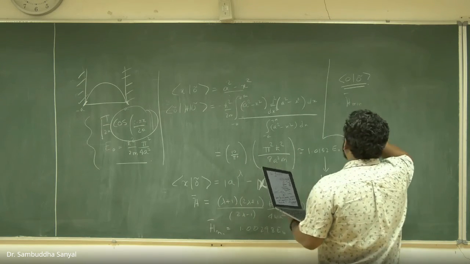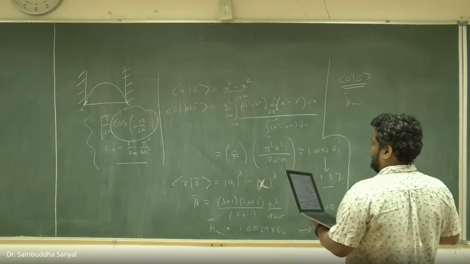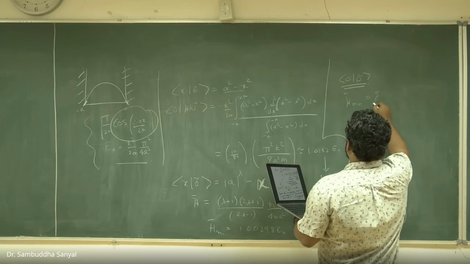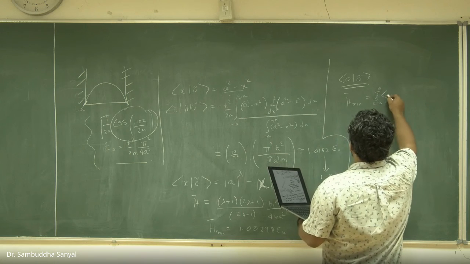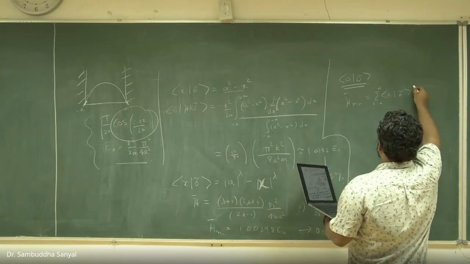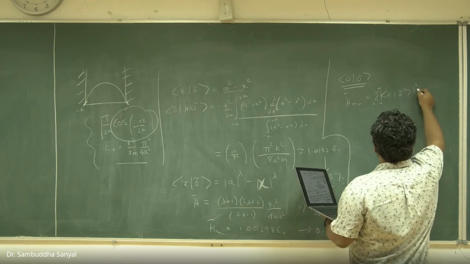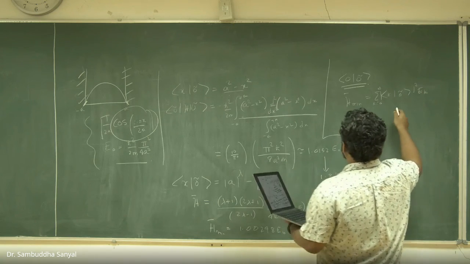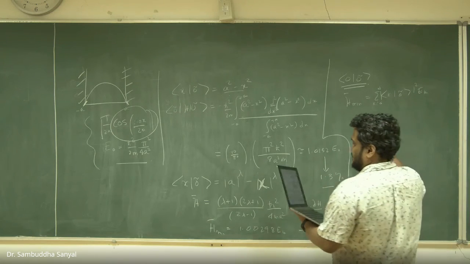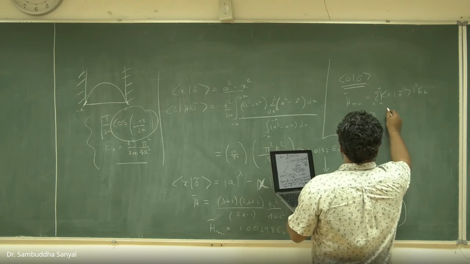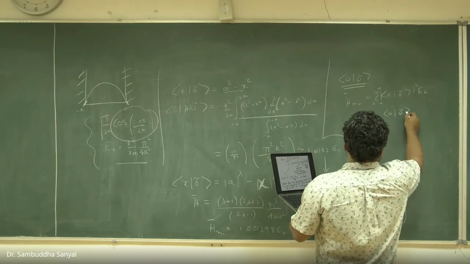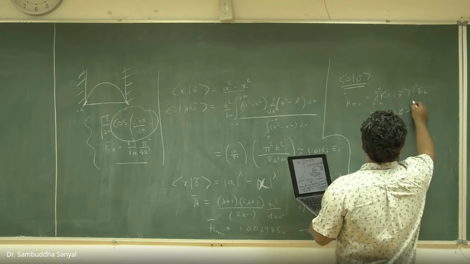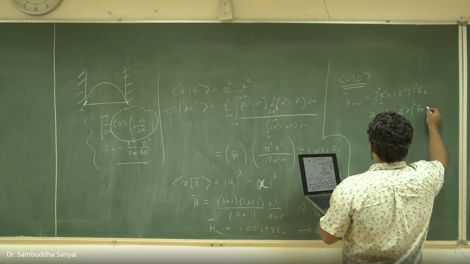We want to calculate the H minima, the expectation value, and that is nothing but the sum over k equal to 0 to infinity of |<k|0~>|^2 E_k. This is the definition, and this must be greater than |<0|0~>|^2 E0 plus